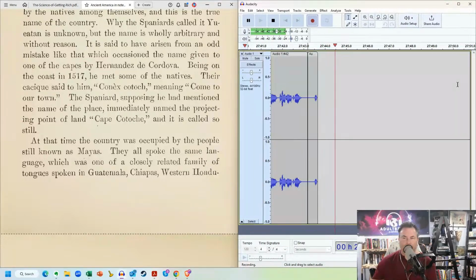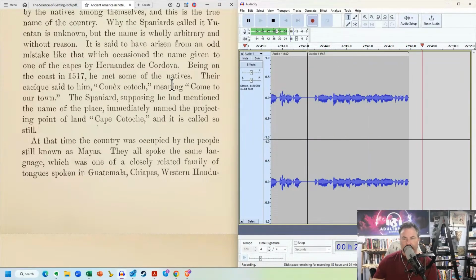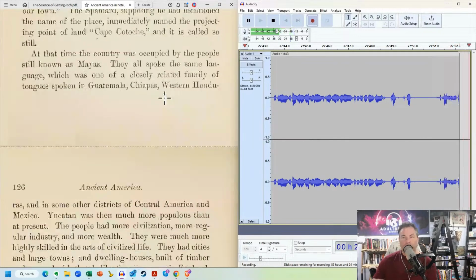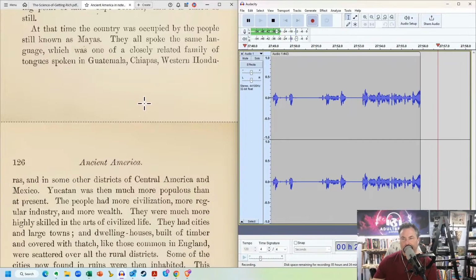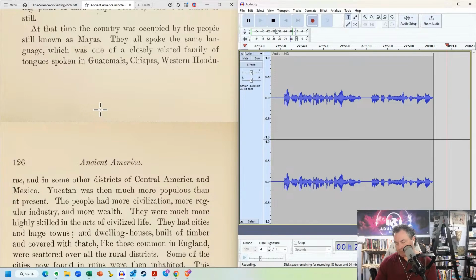The Spaniard, supposing he had mentioned the name of the place, immediately named the projecting point of land Cape Katok. It is called so still. At that time, the country was occupied by the people still known as Mayas. They all spoke the same language, which was one of